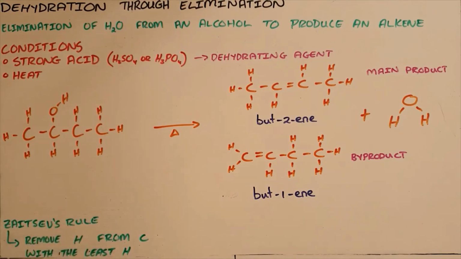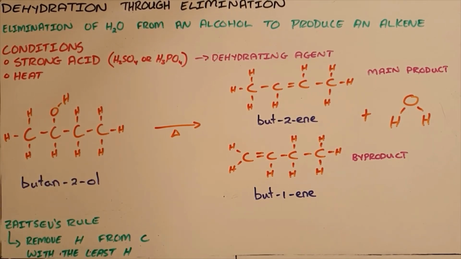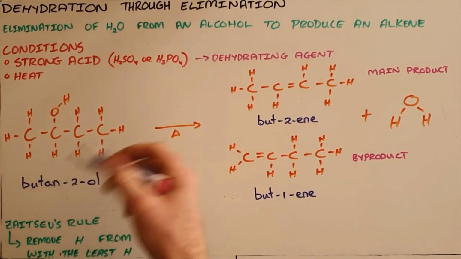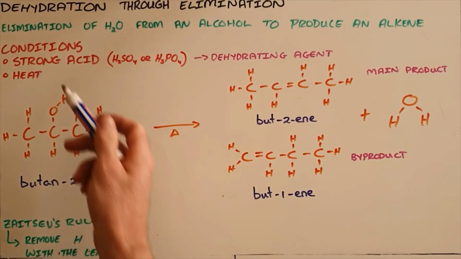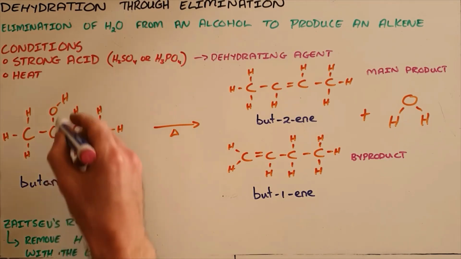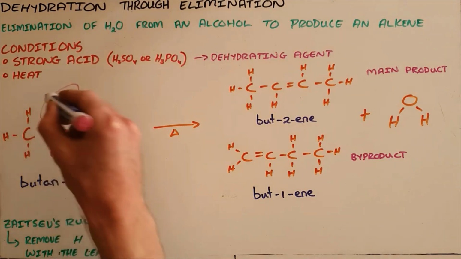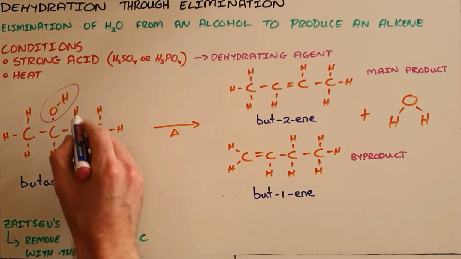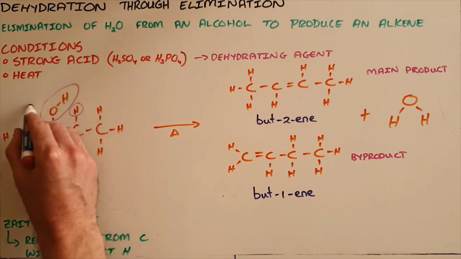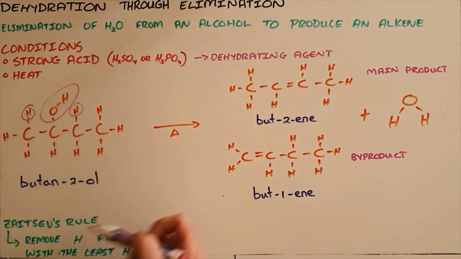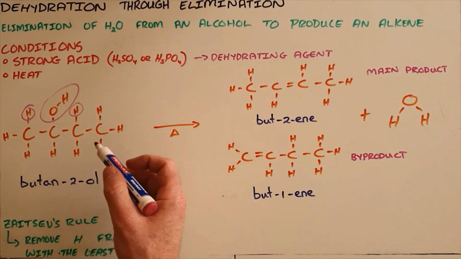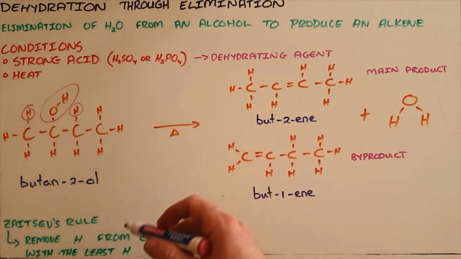So as an example here, we can see that butan-2-ol can undergo this dehydration through elimination reaction, provided that these conditions are met, and we see that the hydroxyl group will be removed as well as a hydrogen atom. We can see that there are 2 possible hydrogen atoms that could be removed as they are adjacent to that hydroxyl group, and once again Zaitsev's rule tells us that we would remove the hydrogen from the carbon with the least or the fewest hydrogens, which means that our main product, the product that would be produced the majority of